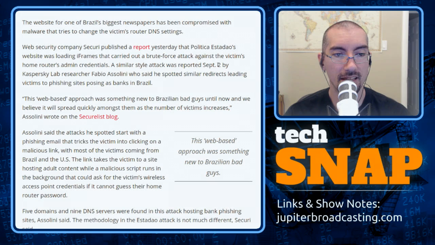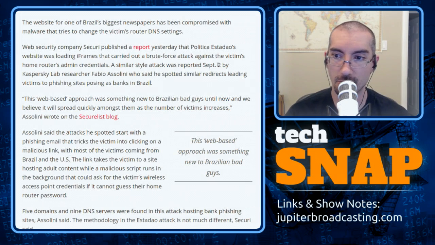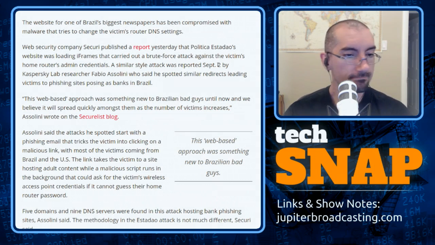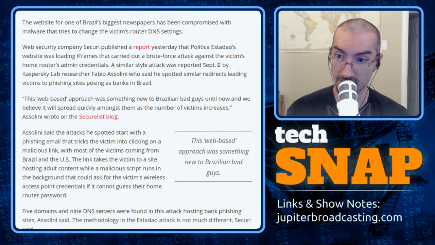Basically what each little image would do was try to guess your router's IP address, 192.168.0.1 or 1.1 or a couple other possible combinations that are very popular. Guess the username, admin, root, a couple others that seem specific to Brazilian DSL ISPs, and common passwords, because there's only a couple of really, really popular makes of router out there, especially now that most people get their router from their ISP.